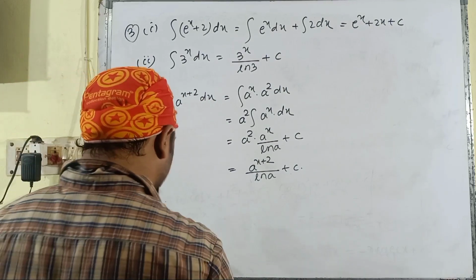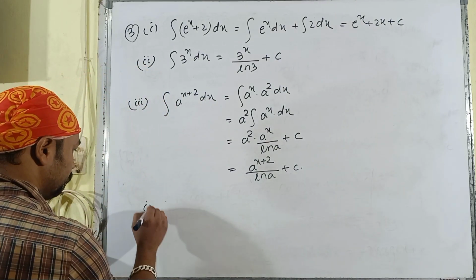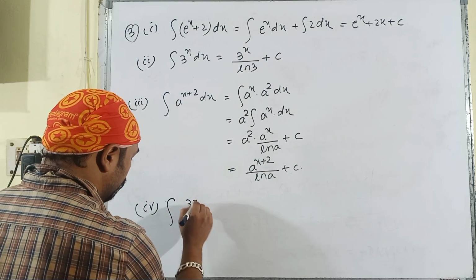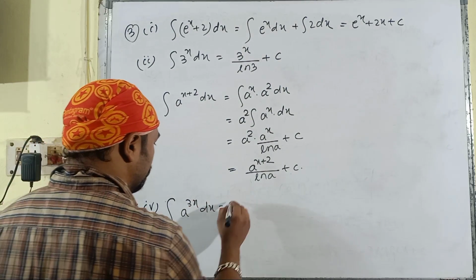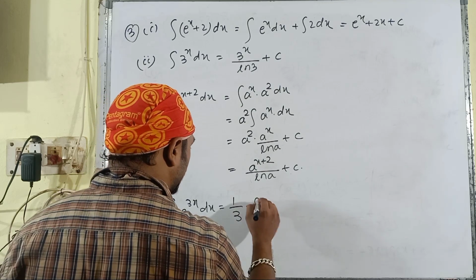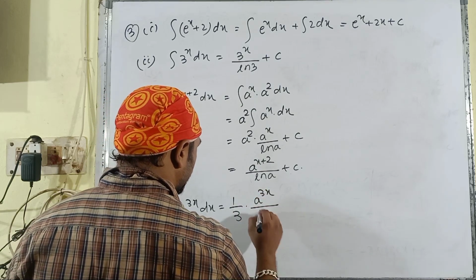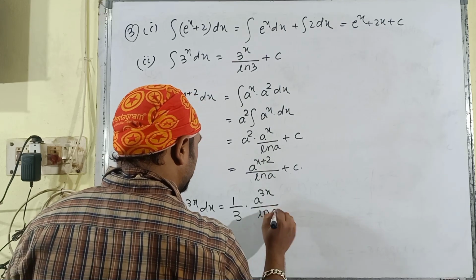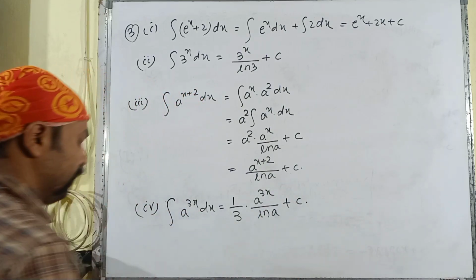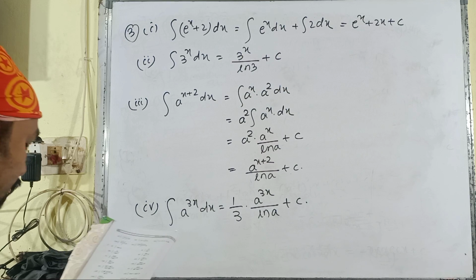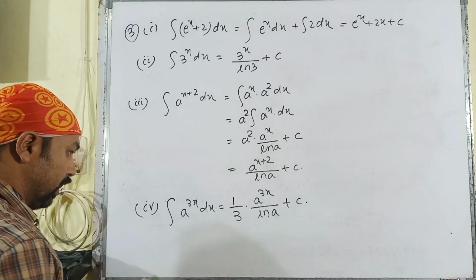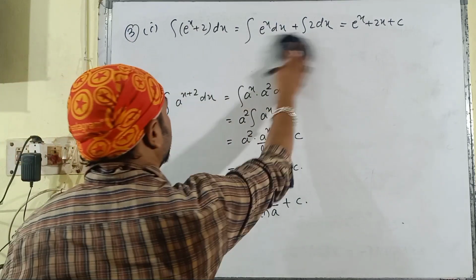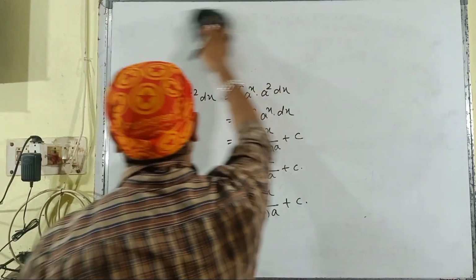Then moving to the fourth bit, it is integral of a to the power 3x dx, and it will be 1 by 3 multiplied with a to the power 3x divided by ln a plus any constant c. Then moving to the last bit, the fifth bit of number 3,